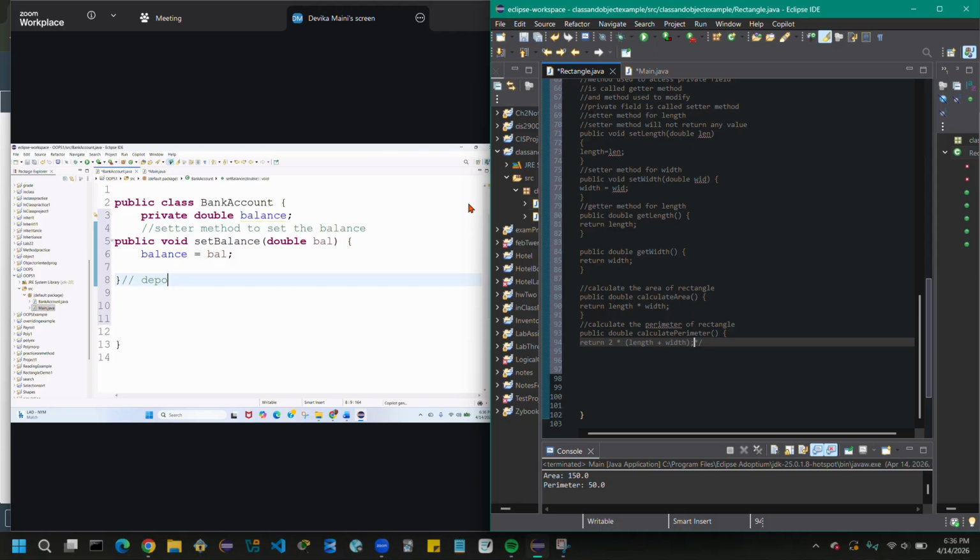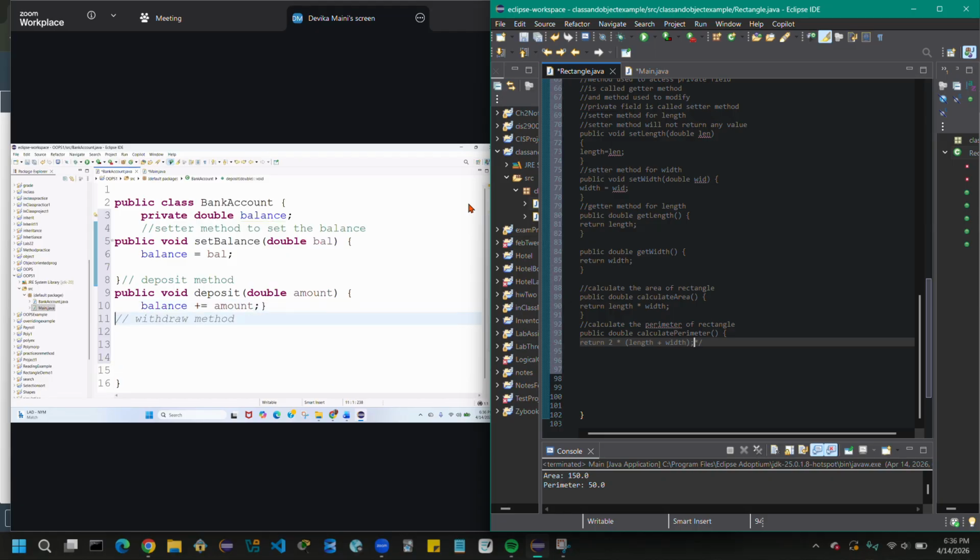Public void deposit double amount. So I'll write the formula balance plus assigned to amount. So whatever amount is, you just want to add that balance into it. I mean, that's how you find the deposit.